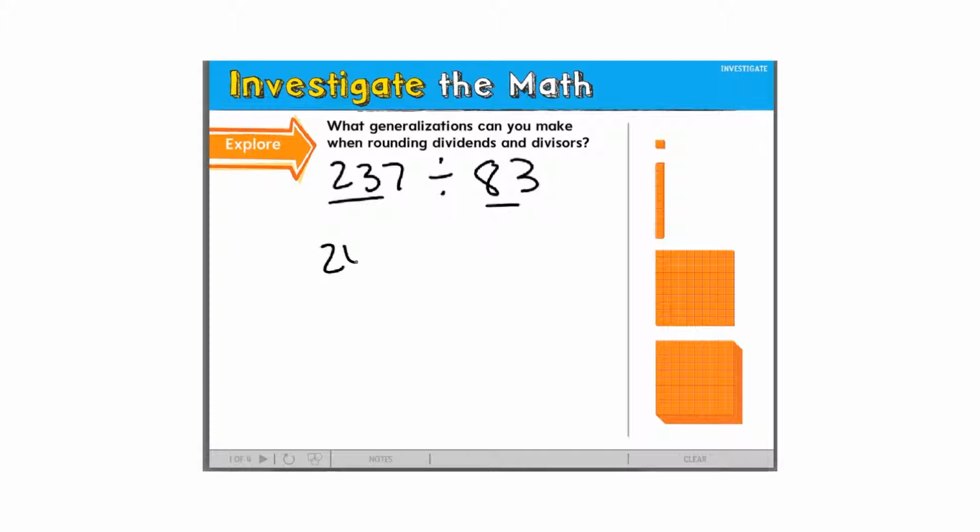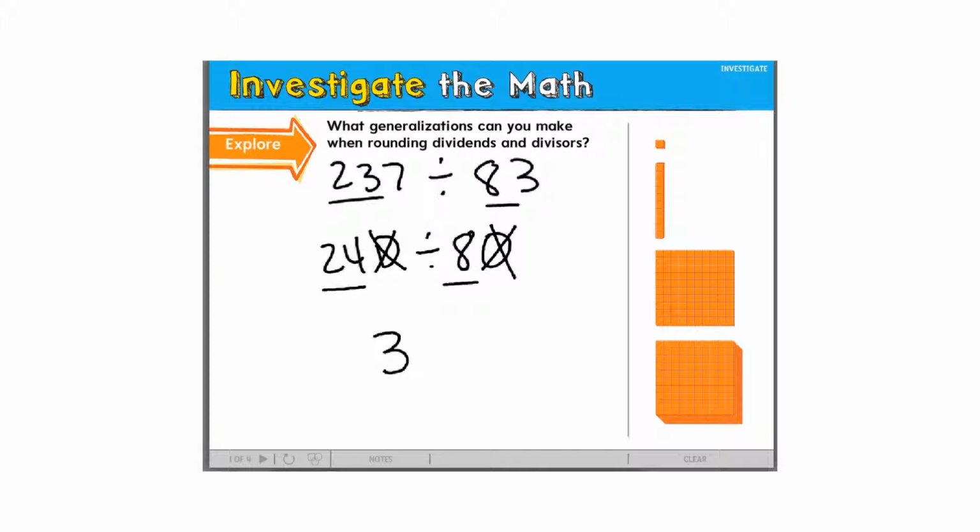Let's try again. 240, and then I divide by 80. Because remember, I said anything that I'm not underlining there, I'm pretty much going to make into zeros. So now I divide 8 into 240, which is 3. 8 goes into 24 3 times. And these zeros,